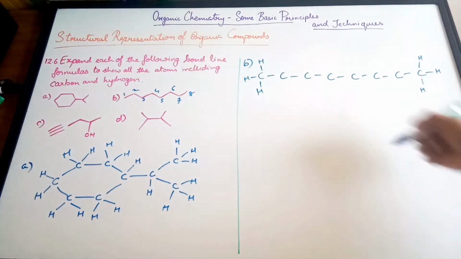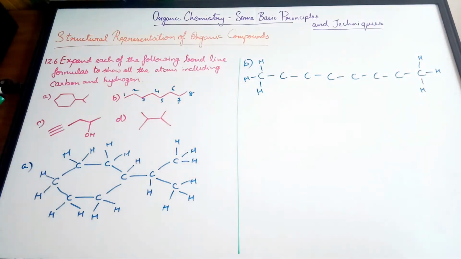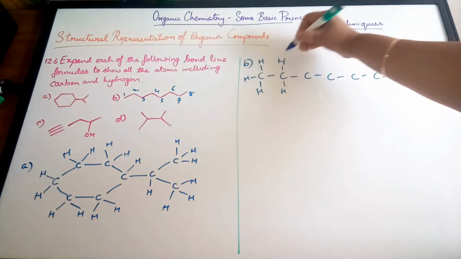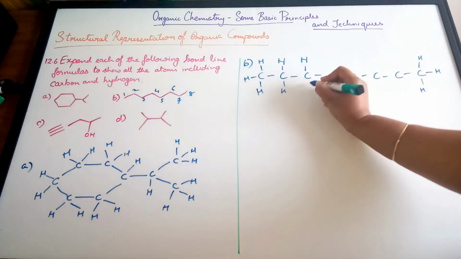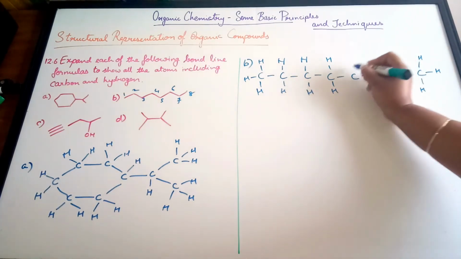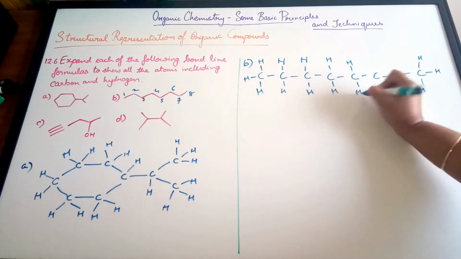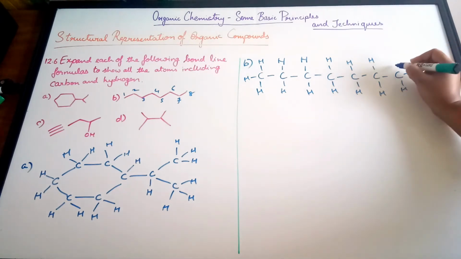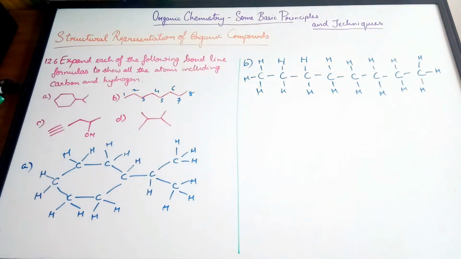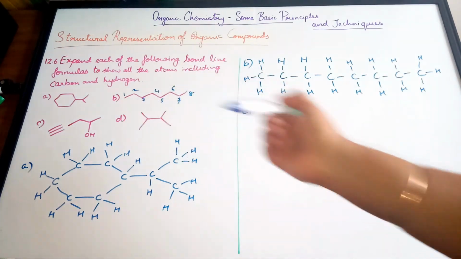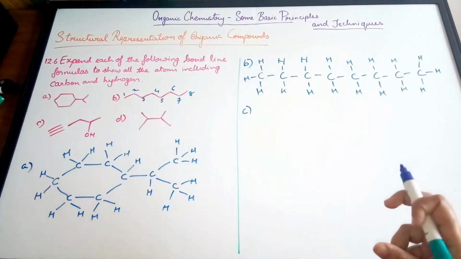Now each of these carbon atoms already have 2 bonds, which means each of these will be attached to 2 other atoms of hydrogen. Here again you have H, H. That's it. The third one, so here that triple bond over there indicates that the 2 carbon atoms have a